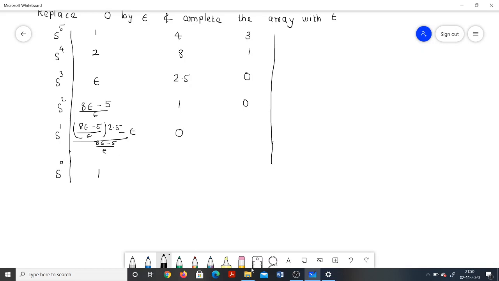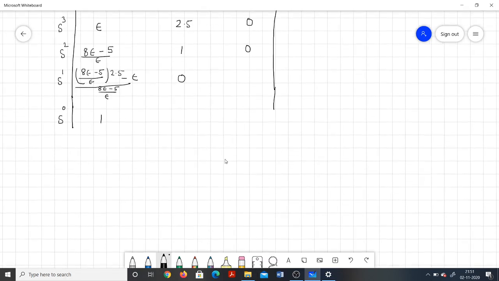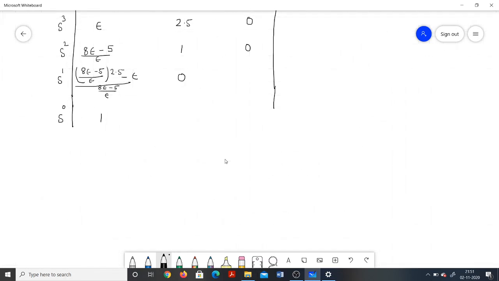after getting this, we are going to proceed afterwards by taking the limits epsilon tends to 0 and finding out the values in all the terms where we have epsilon. So all the terms which include epsilon, we are going to apply the limits and see whether we are getting that term as positive or negative. And we'll be using that to declare whether your system is stable or not.